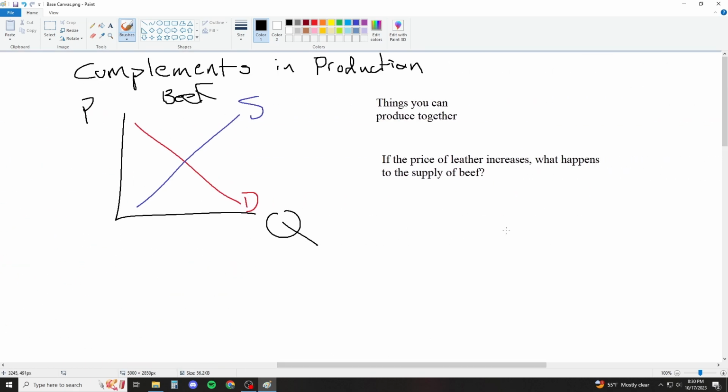So, if the price of leather goes up, do they want to make more or less leather? They want to make more leather. How do you get more leather? You kill more cows. So when you kill more cows, do you also get more beef? Yeah. So that means supply increases. And again, you can do the other way. If the price of leather decreases, then they want to make less leather, so they make less beef, right? All of these can just be flipped by replacing the increases and decreases. If you have specific questions, let me know.